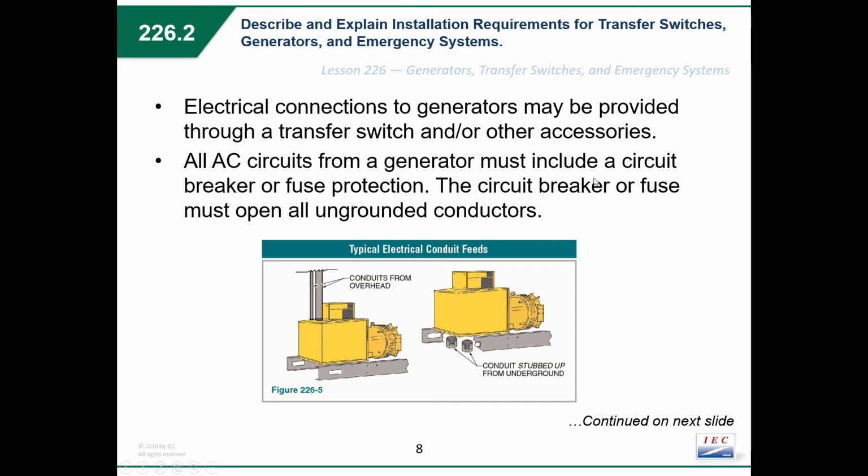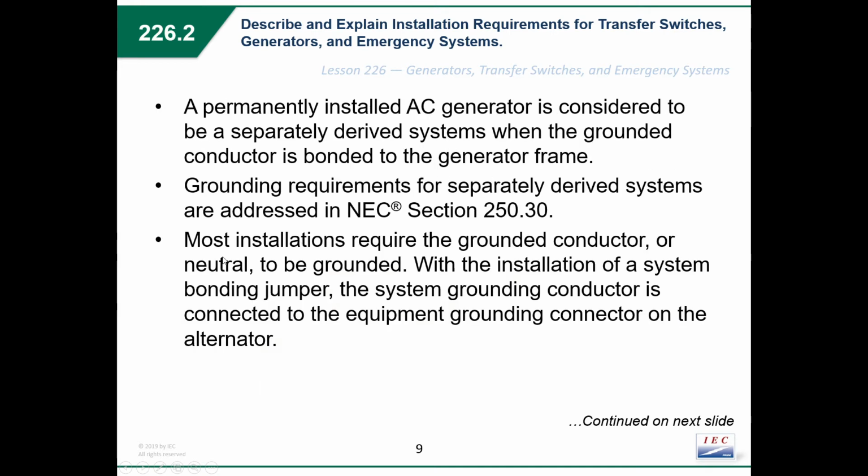All AC circuits from a generator must include a circuit breaker or fuse protection. Generally, I'm talking about larger commercial generators, you're going to use the generator just to power an electrical panel full of breakers as it normally would be. A permanently installed AC generator is considered to be a separately derived system when the ground conductor is bonded to the